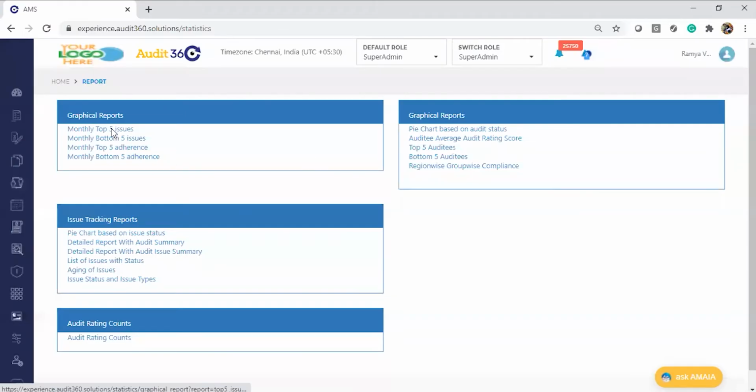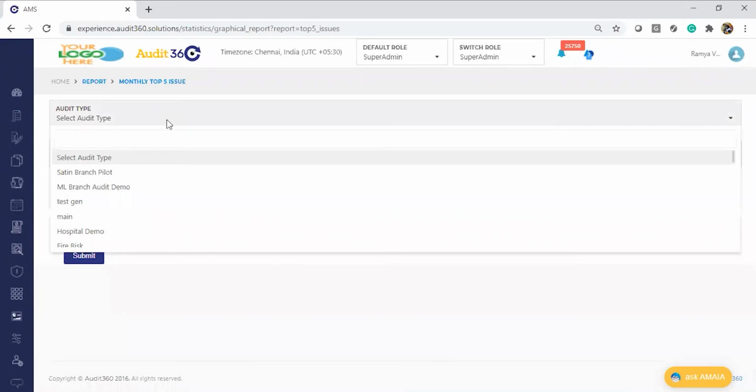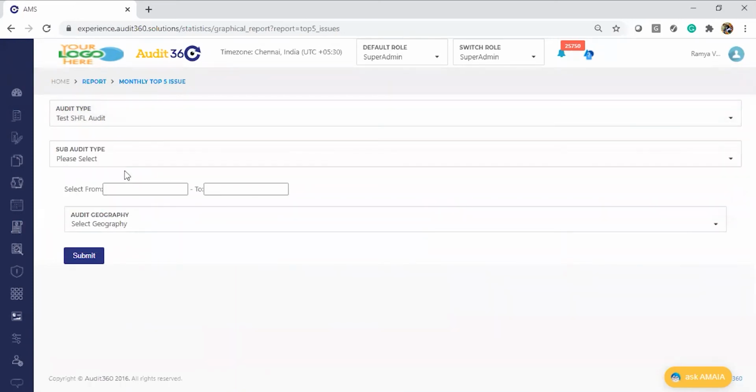So I'll take the first as monthly top 5 issues. So what is monthly top 5 issues? For any specific month or a period, if you would want to see what are the top 5 issues which have been observed against any of the audit types, the user can look at it. So I'm choosing an audit type.